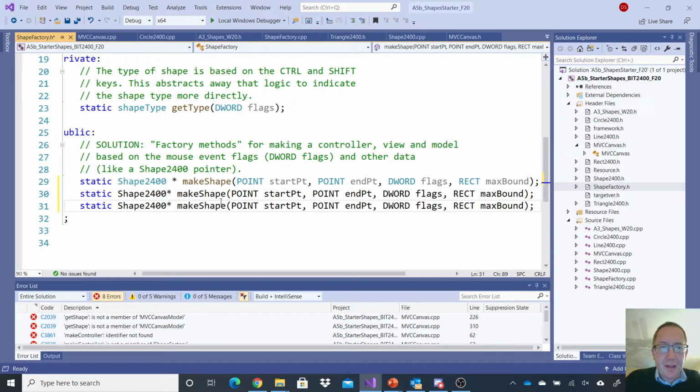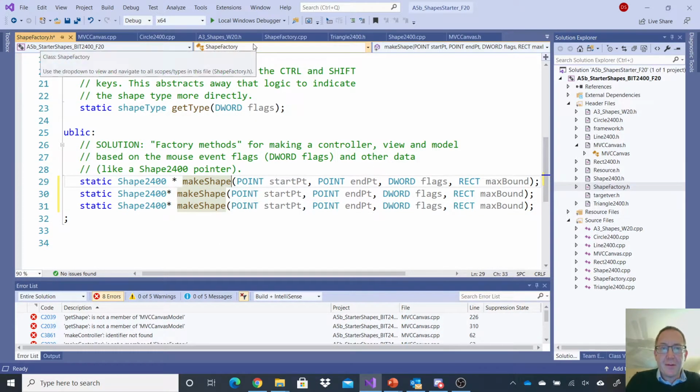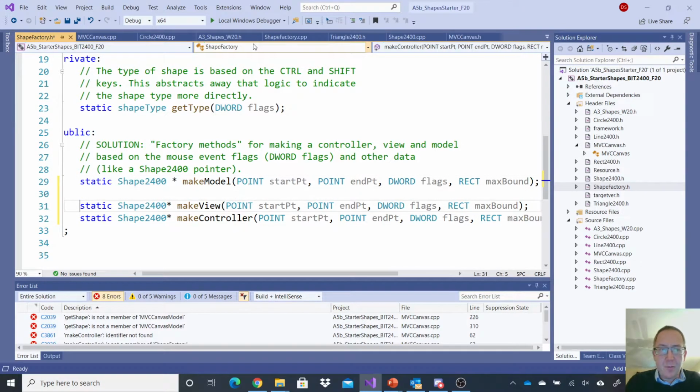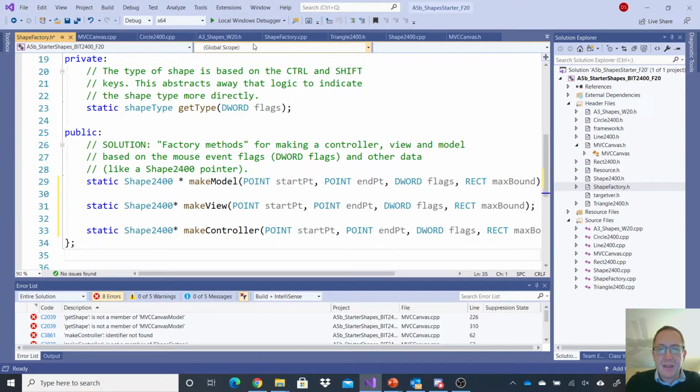And I'm just also going to be lazy. Let's move some space in there to make it easier to read. Okay, that's it. I'm going to make a model, a view, a controller,